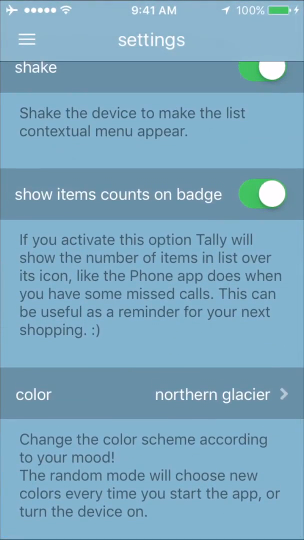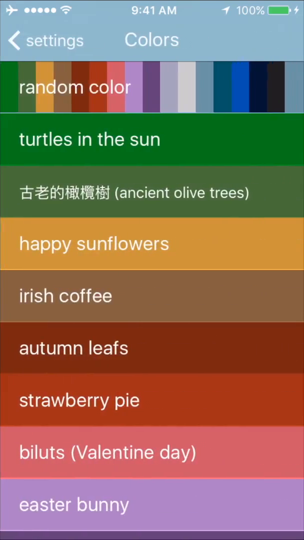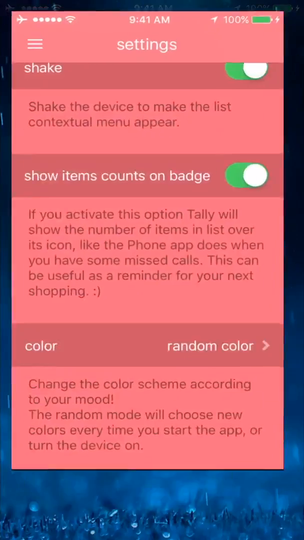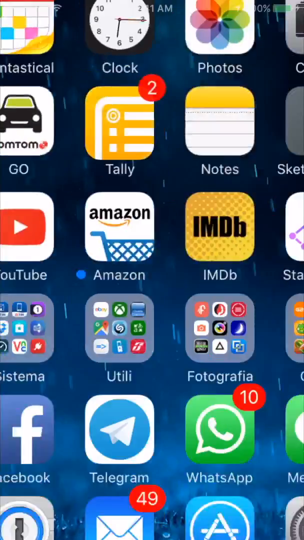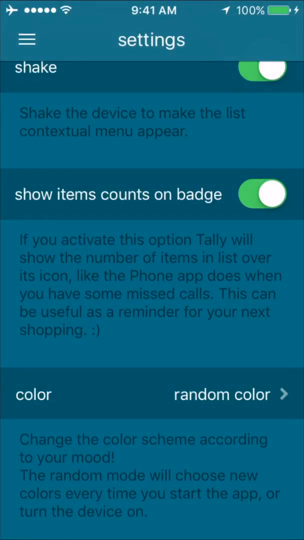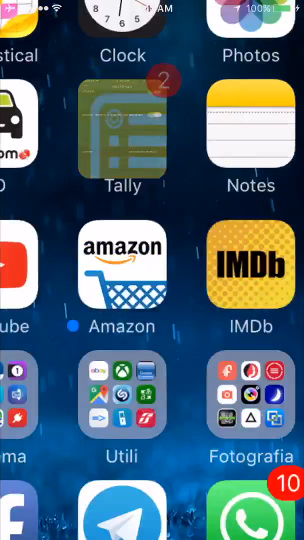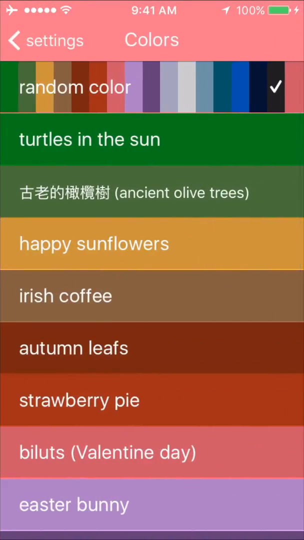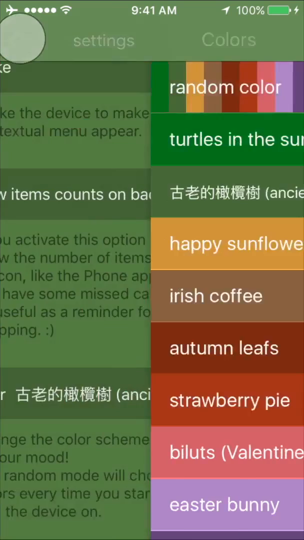The last option lets you choose a default color theme or get a random one every time you launch the app. Let's remove the random option, so no risk of getting random rainbows during this tutorial.